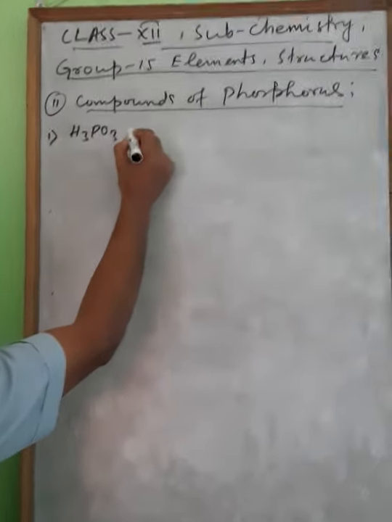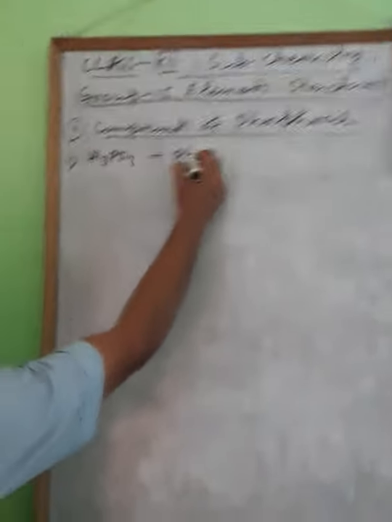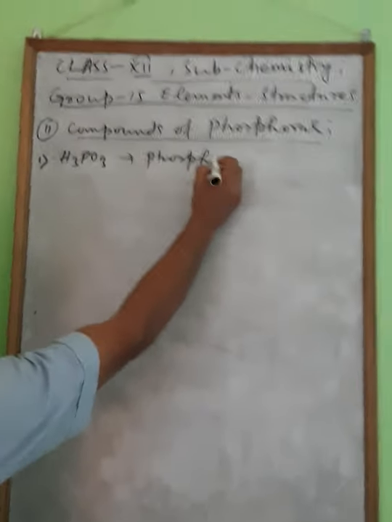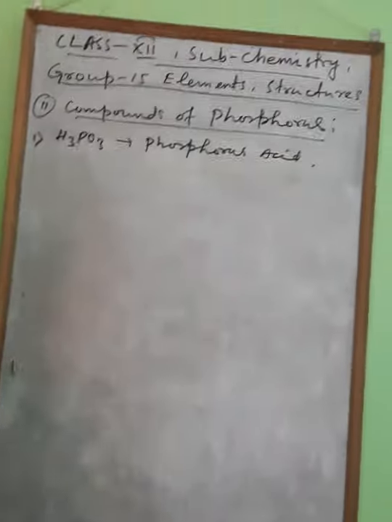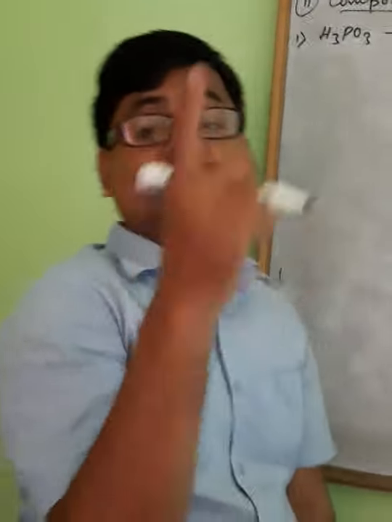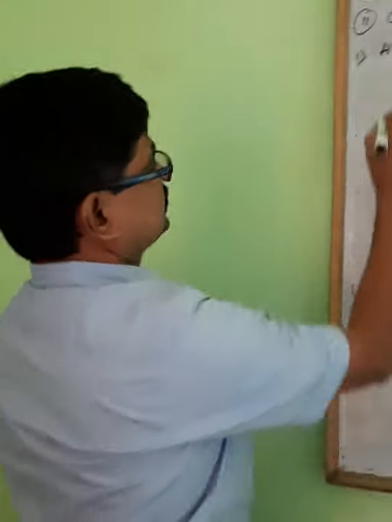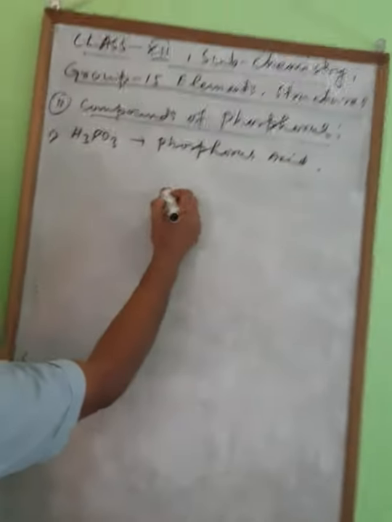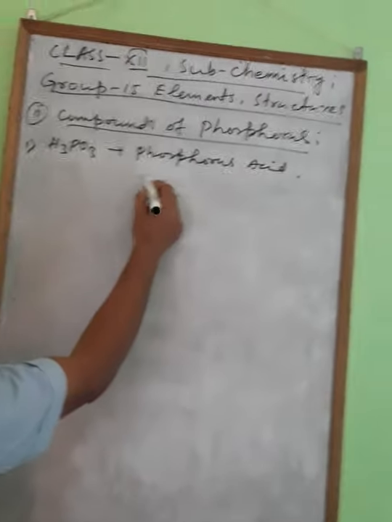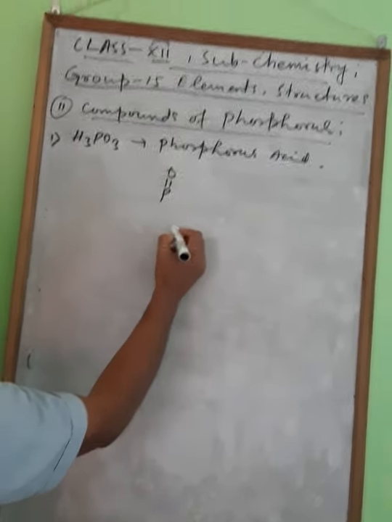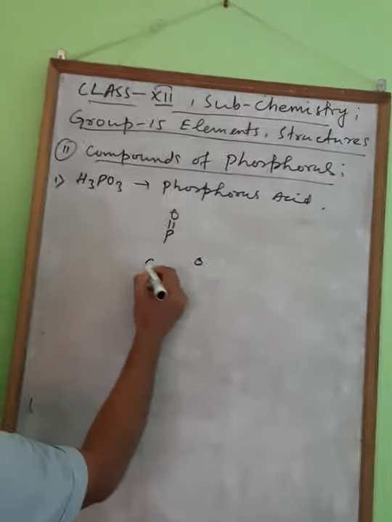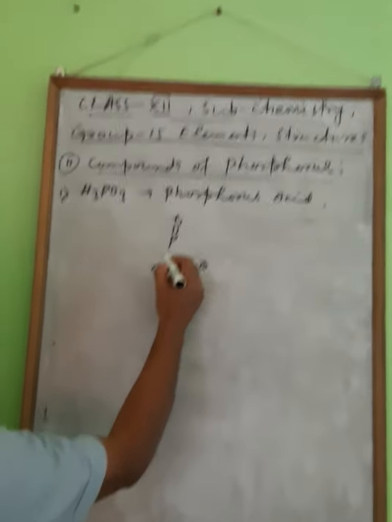This is phosphorus acid. Phosphorus acid, that day I told you it is a dibasic acid. Though how many hydrogens are there? 3, but it is a dibasic acid. Draw the structure of it. P, oxygen, and 3 oxygens are there, no? So put 1. So here